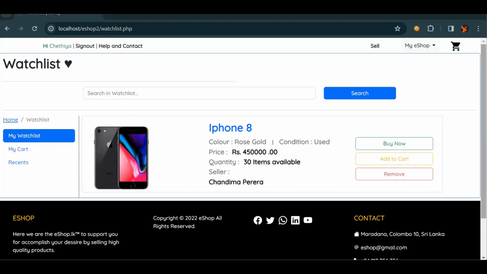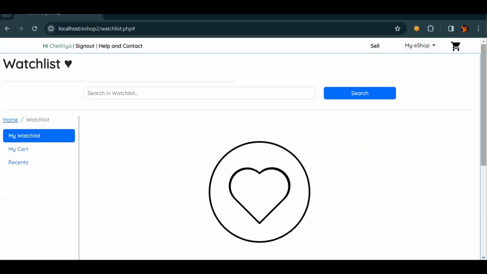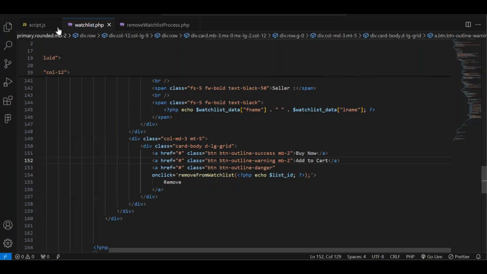Welcome back with the project named eShop, and today I'm going to discuss the product removing process from the watch list. Here we can see, if I click on this remove button, the relevant product is removed from our watch list. So then let's move to the code of this, and here in the watchlist.php file,